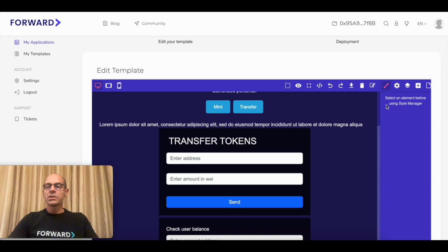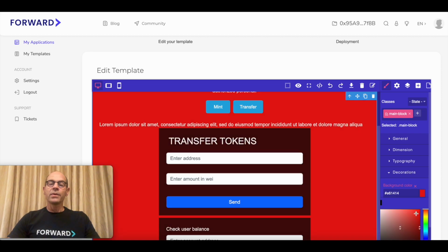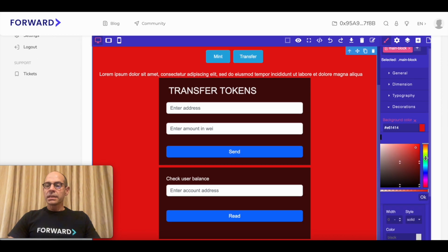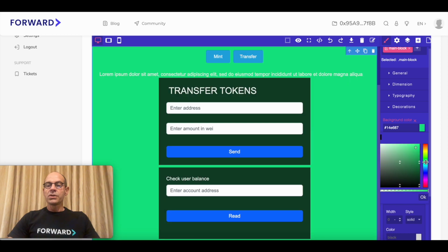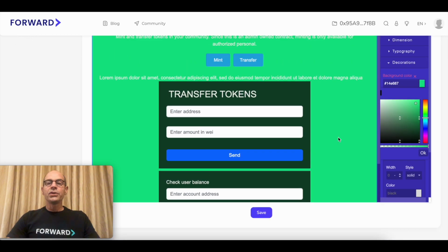So if you wanted to change the background, you just click on the background, go to decorations, have a look at the background color, and let's just say we want the background color red. Don't know if I like that, so let's go down here and maybe choose a green. Okay, you might like green a bit better. And once you're happy with